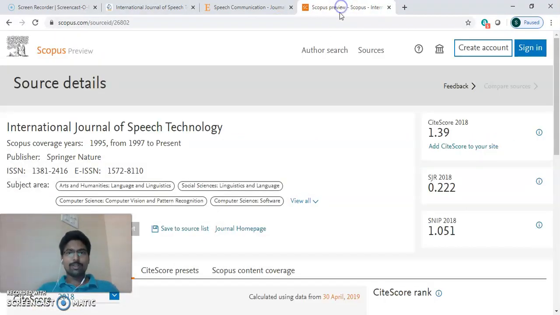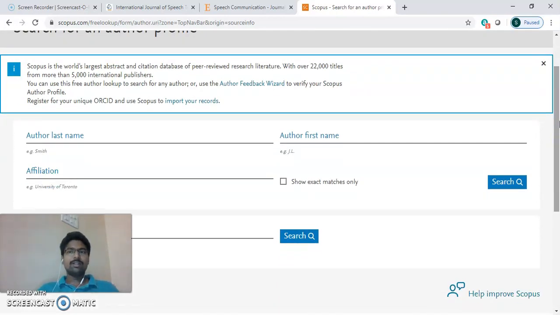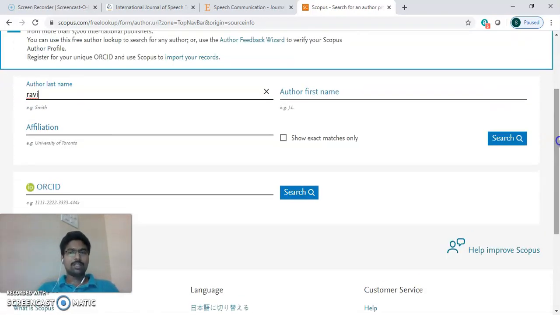Now coming to the Scopus, here we have author search. How this will be helpful is, click on that author search. Suppose you have published some 3 or 4 papers previously. Now we have to check whether the papers are added in the Scopus database or not. So here I am checking. Let us consider this is the name I have typed here to check whether my papers are there in the Scopus database or not. Now I am clicking on search here.